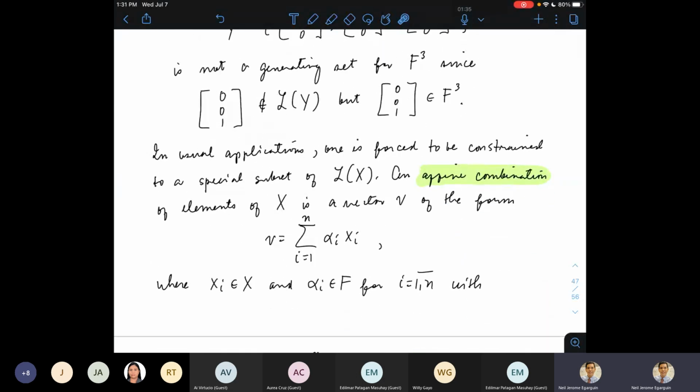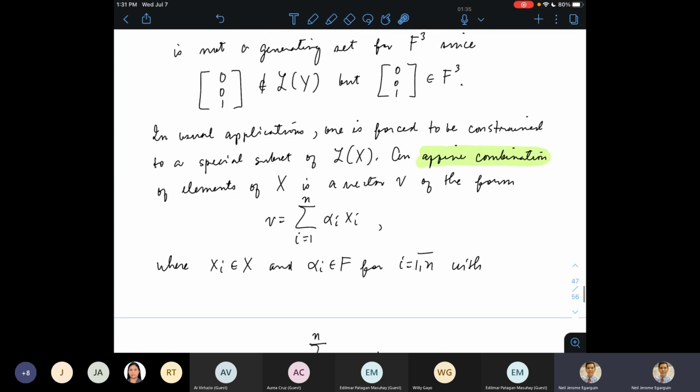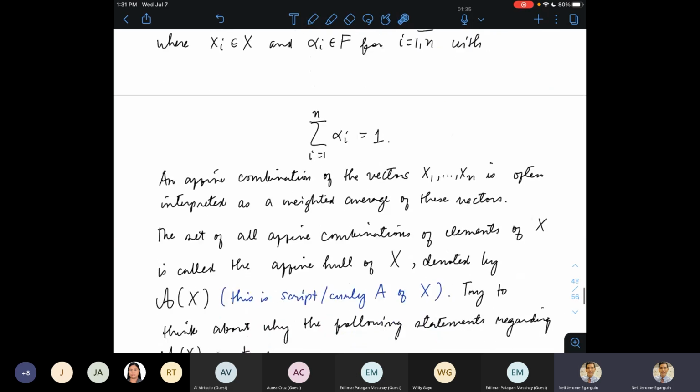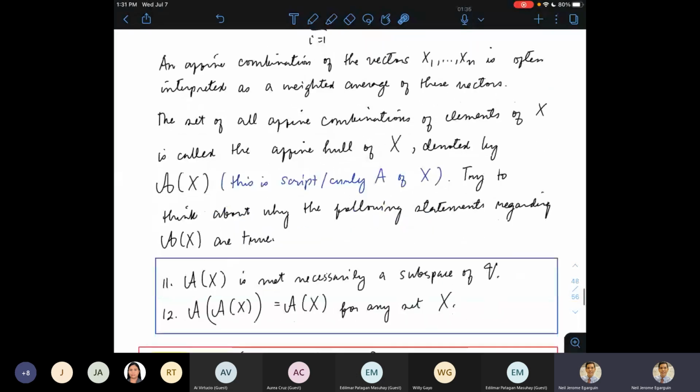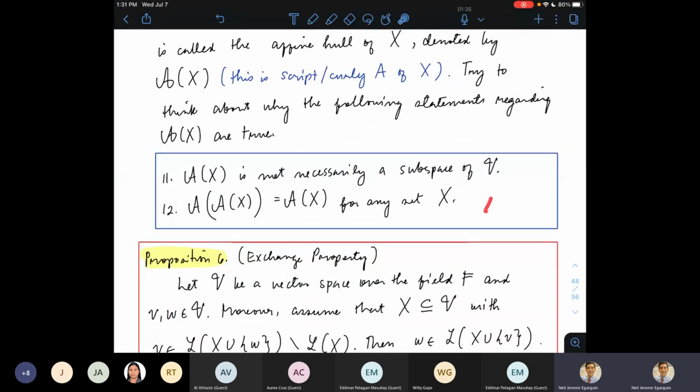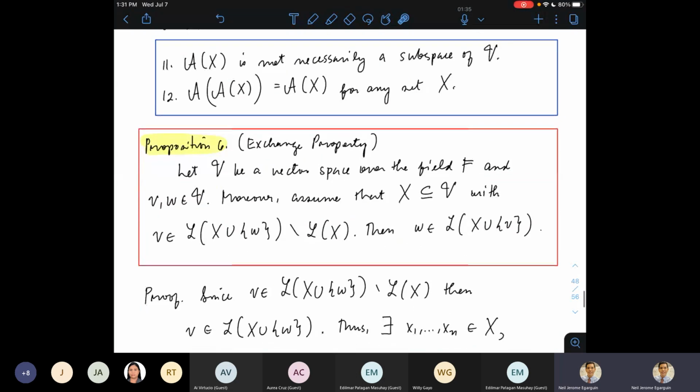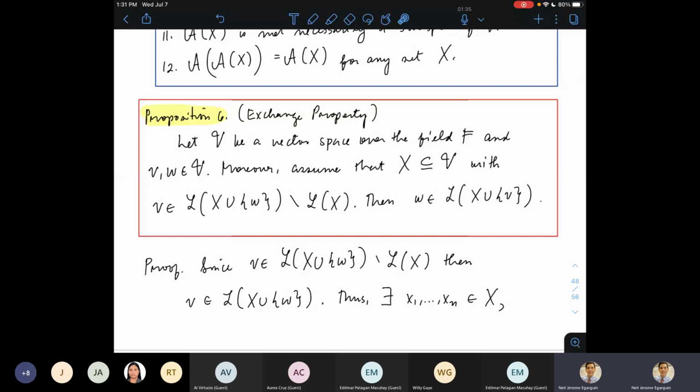And I guess we discussed affine combinations way back, I think in meeting 2. So I think you guys already started there, and I think we supplied a proof for what? For 12. Okay. And then the exchange property, proposition 6, is but a technical result. It is called the exchange property because